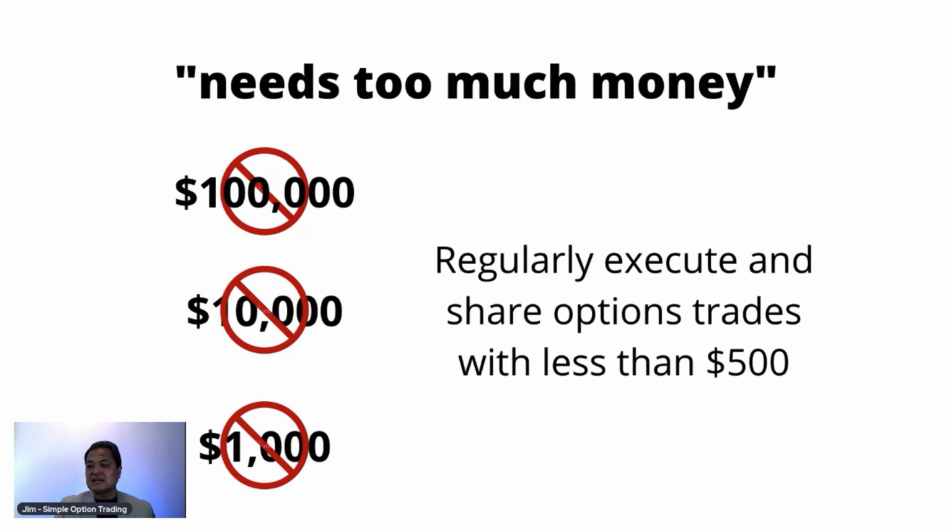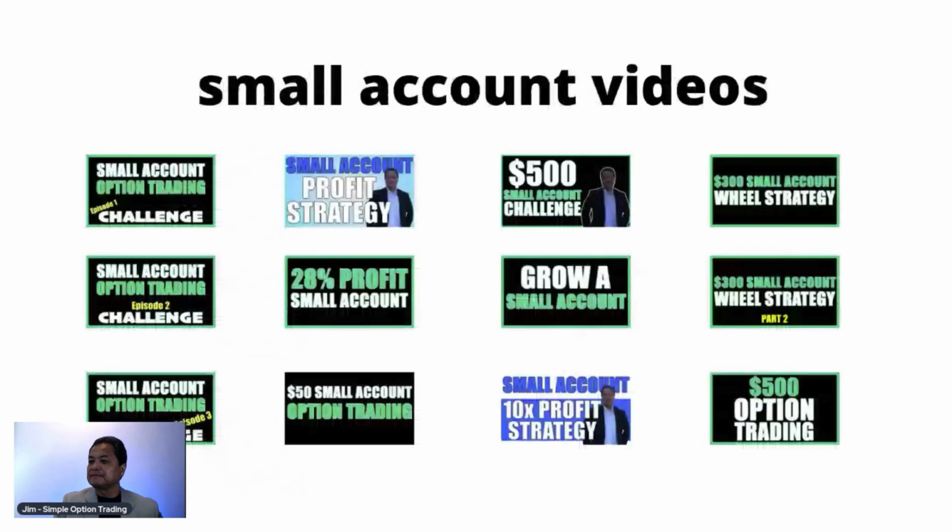But I'm going to share with you an example where I can regularly do option trading using a smaller type of account. And I'll show you some option trades where I have less than $500 as part of my transactions, and I'm able to do this particular option trading strategy. These cash secured puts, I have $500 in my account, or I have a made up account with a $500 limit, and I was able to make some option trades, cash secured put option trades, with the $500 in my account, and make a profit from it.